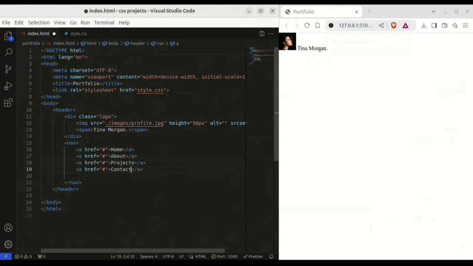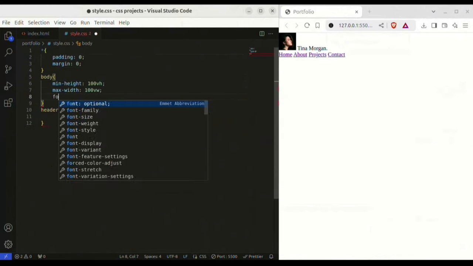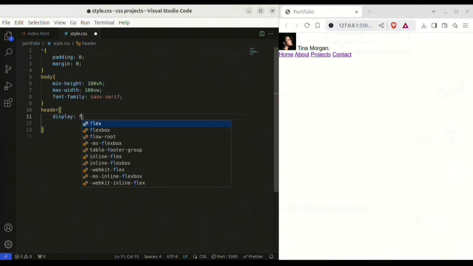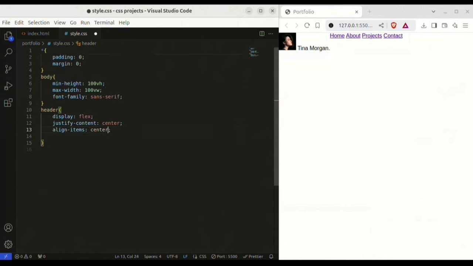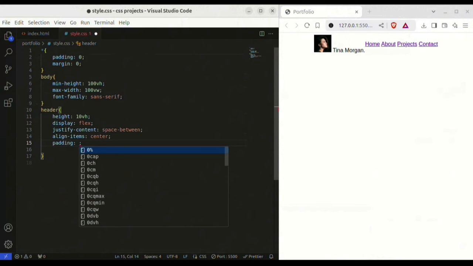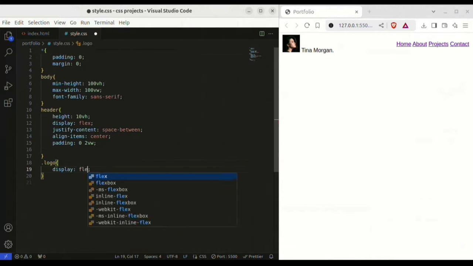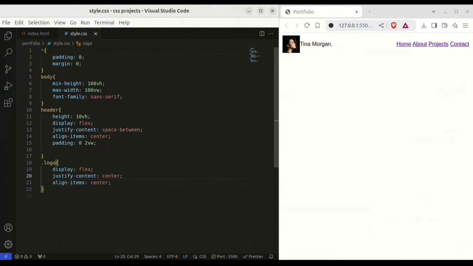Then start styling. Firstly, I'm going to give height and width to the body and the font family of sans-serif. Then I'm going to set display to flex, keeping the space between the logo and navigation links. I'm also going to give some padding to add some space. Then I'm going to give flex to the logo to keep them in the center,